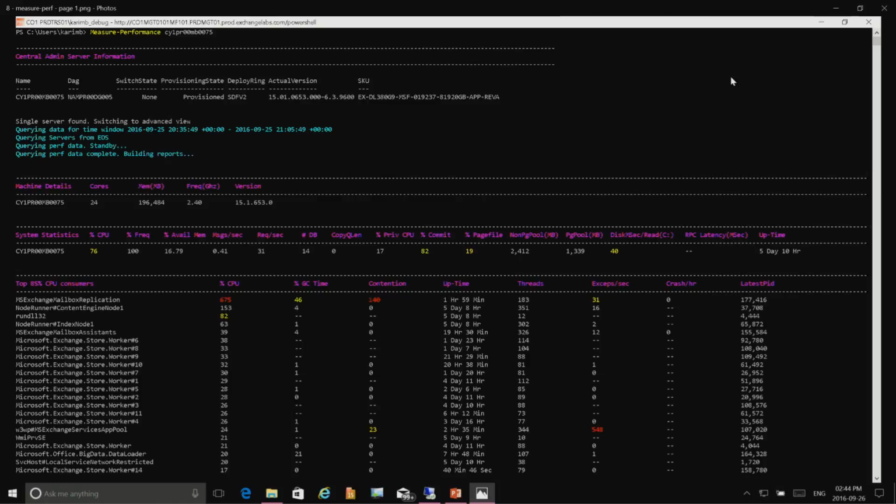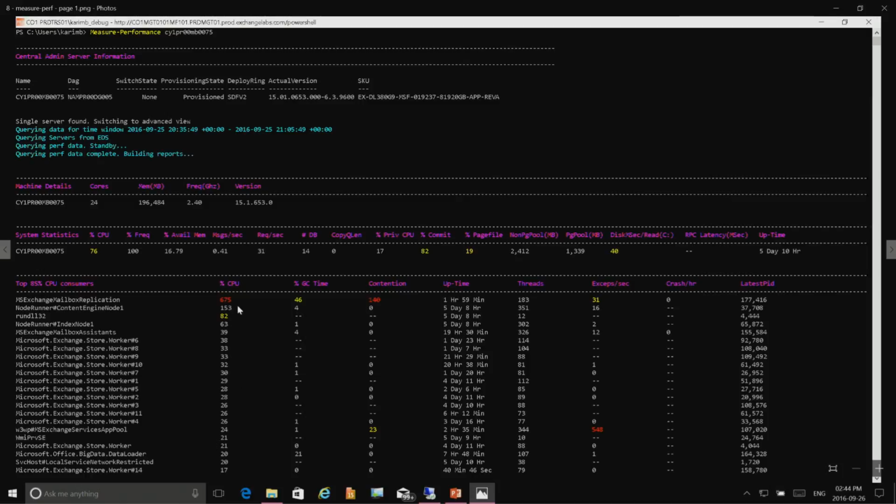Now, if you've administered an Exchange 2013 server or later, you'll see that these are the exact same process names of services that run in the on-prem instance. In fact, you don't see any of our orchestration code really running there except for perhaps the big data loader in the end, which is what helps us upload a bunch of the telemetry. There's a bunch of things that you can actually see here. High CPU, number of databases that are mounted on the server, requests a second, the number of reads a second on C drive, and then a stack rank list of processes by CPU.